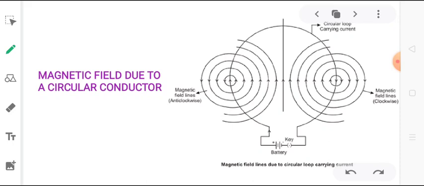One thing you should also observe is that throughout, the direction of the magnetic field is the same. Even though we have studied the field pattern separately in two parts of the wire, still you can observe by studying the entire picture that the magnetic field has a uniform direction throughout the wire loop.